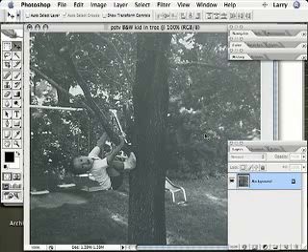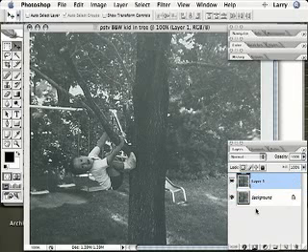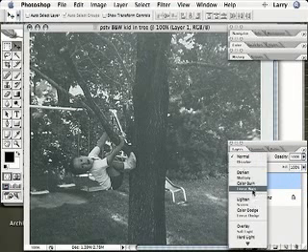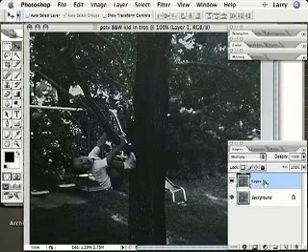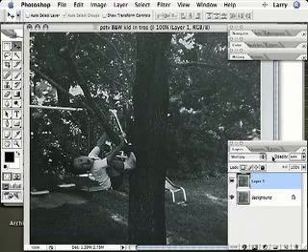Yeah. Okay, so what I used to do, I learned a tip a long time ago that if you have a washed out faded photo like this, a lot of times what you can do is just Command-J on a Mac, Control-J on a PC, jump it up to its own layer, and change the layer blending mode to multiply. And that gives you a little bit of a, well, in this case, it's not too great. It over darkens it. And then what I would do is change the opacity. But that's not really the best effect, so I'm going to take that and throw it away.